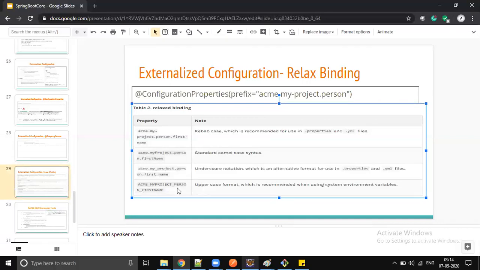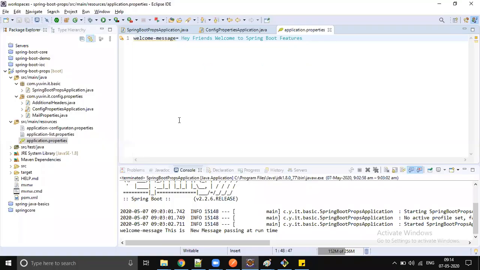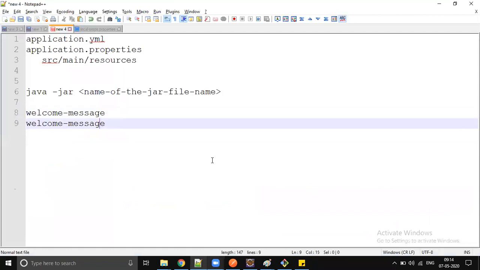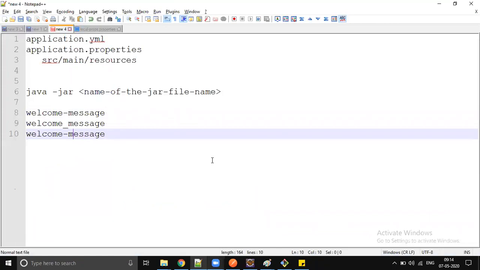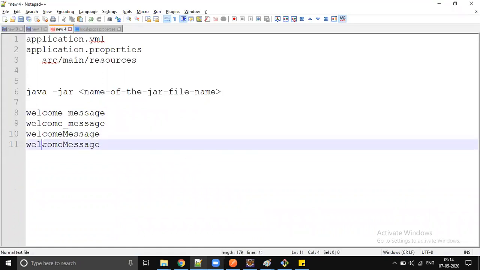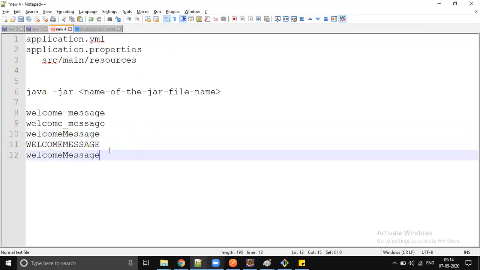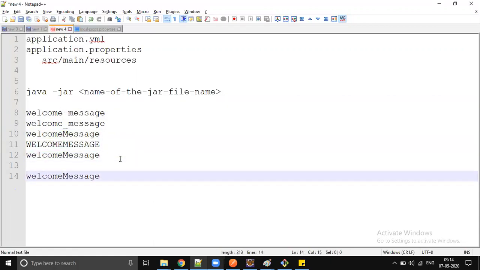Whether you give welcome-message, welcome_message, camel case, or mixed upper and lower case, or all uppercase, they are one and the same. You can mix them, no problem. All these are equivalent to a simple welcome message in Spring Boot.